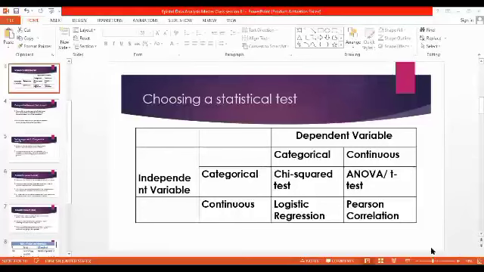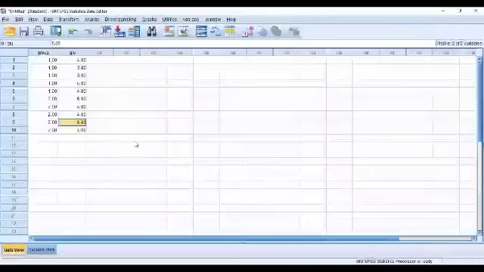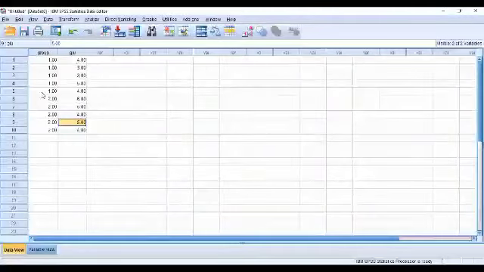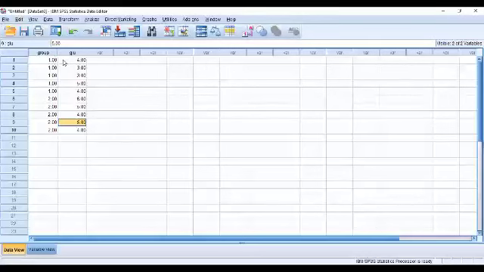Let me go back to the SPSS window. You can only go for Anova if you have 1, 2, and another group, which is 3, more than two groups. But in a moment where you have just 2 groups, you have to use